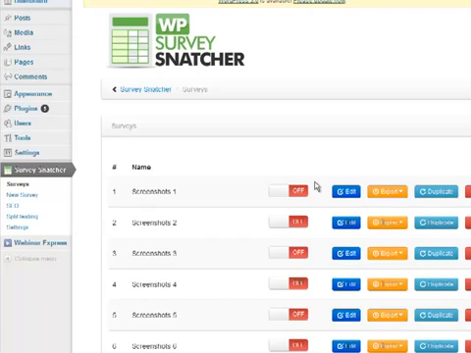But because of the way it's designed, it needs to be installed, so you can only fire up surveys on the same domain on which you have the plugin. So if you only have one domain on which you want to do surveys, you only need the single license. If you have multiple domains, you need the multi license. It's just a technical limitation. So you can have as many surveys as you like.